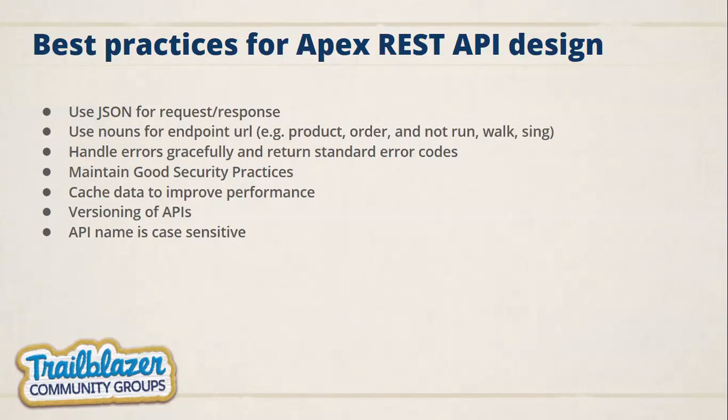Maintain good security practice. We should always use whatever security guidelines are available, like in Apex, we should follow profiles, security, other credentials and information, or we should authenticate first. By default, Salesforce has the capability that if the user does not have access to a particular record, they will not be able to get access to that record. So by default, Apex REST API has that norm. But if you want to do it forcefully, you can. Also, you want to validate the data first, whatever data they are passing should be validated.